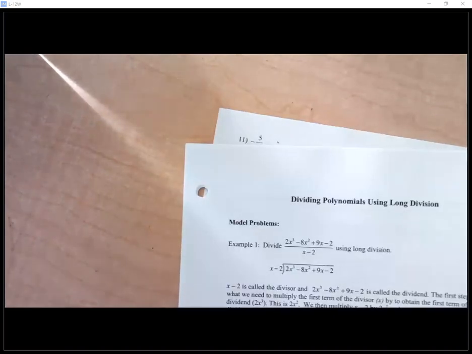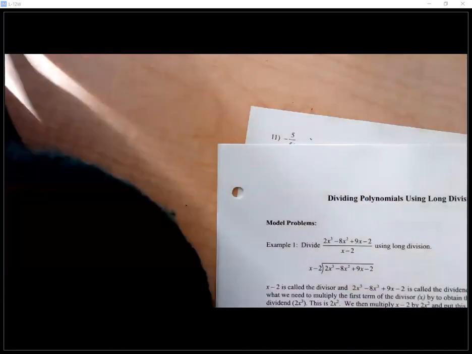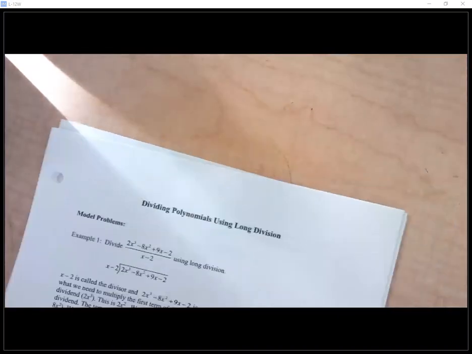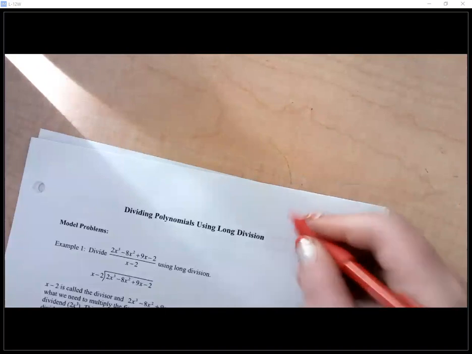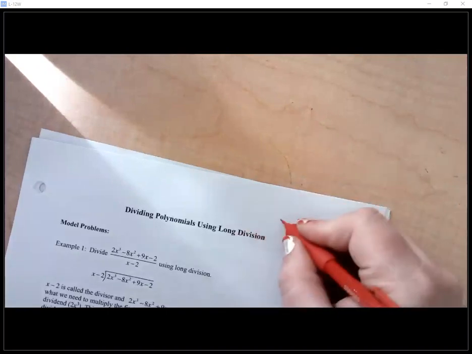Okay, so I'm just gonna refresh your memory real quick on how to do long division with polynomials. Now, before we do any of that, I just gave you this sheet here. Before you even read, don't even look at anything. Let's just see if you remember how to do long division with normal numbers. Let's try and divide 15 into